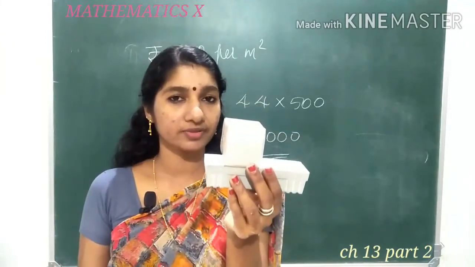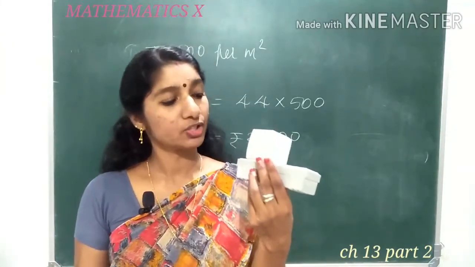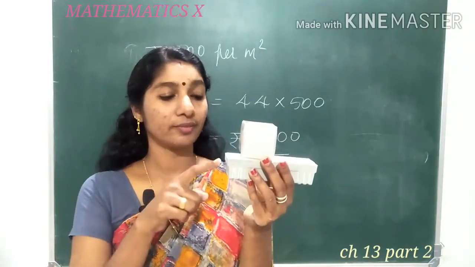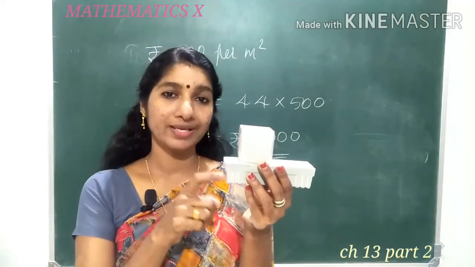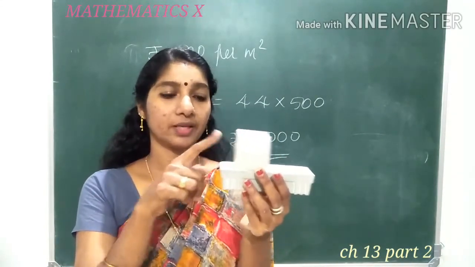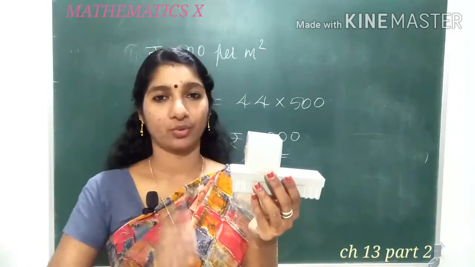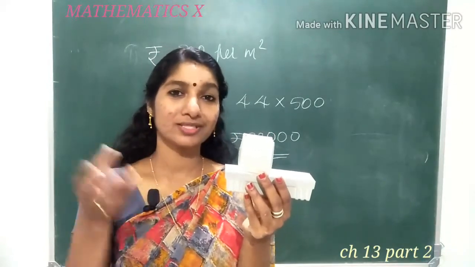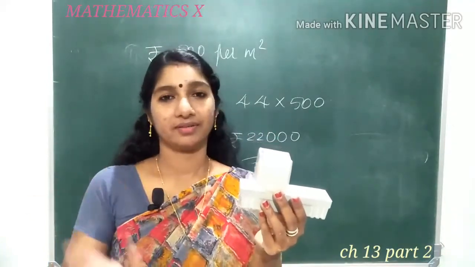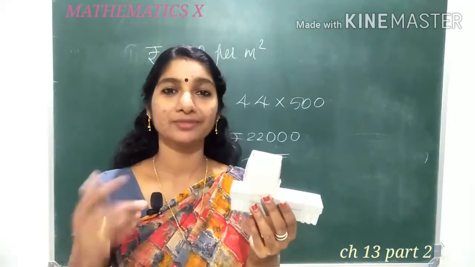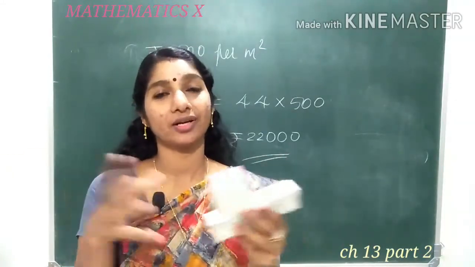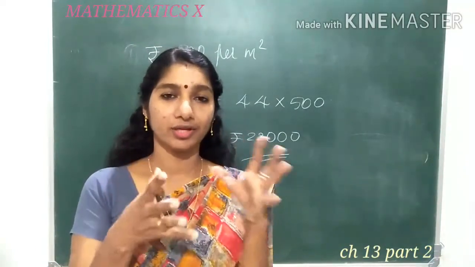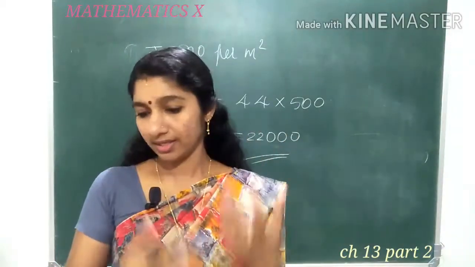So to get the volume of this object, what we need to do actually, we need to add these two volumes, isn't it? Volume of this cuboid plus volume of this cube. That means LBH plus A square. Okay. Got it now? Because for surface area only, the surface is not seen. If the surface is not seen, it's not surface area. But for volume, no change when we are combining two shapes together. Same thing means volume of the cuboid separately plus volume of the cube. Like that for every shape.